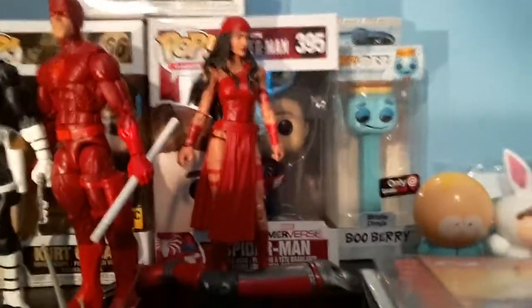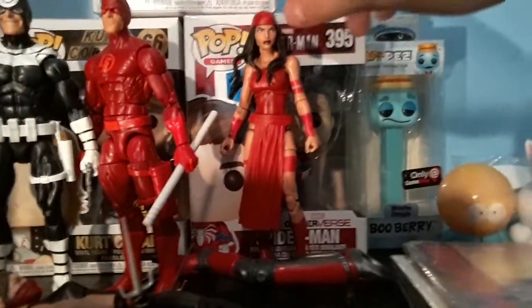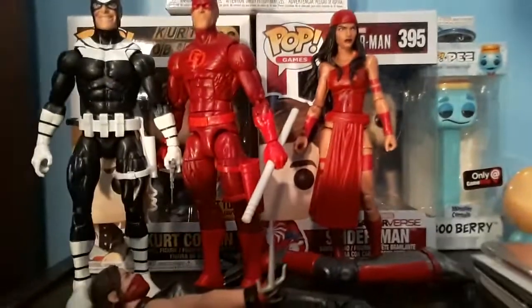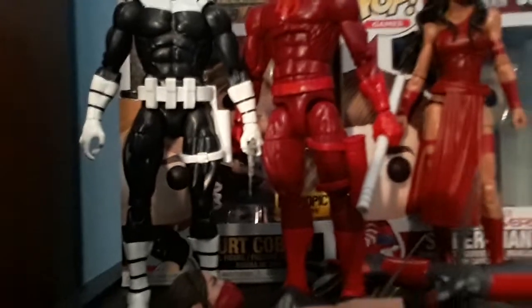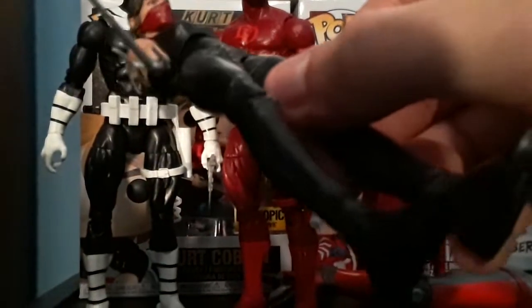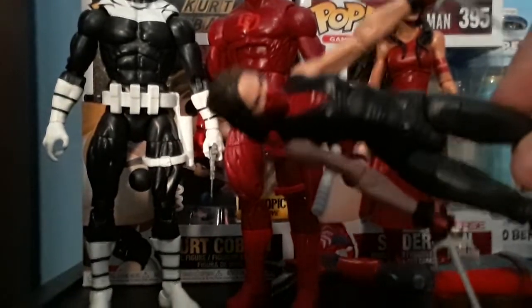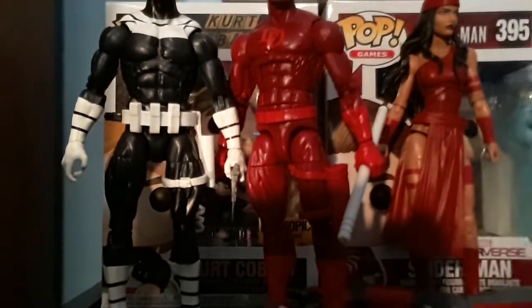And then going down a little bit more, you can see my Marvel Legends Elektra from the SP//DR wave. And then going over a little more, you can see the Bullseye and Daredevil from the Man-Thing wave, and he's from the Ultimate Hobgoblin. And then right here, I don't know if you guys can see that or not, because I'm kind of a garbage YouTuber, is the Elektra from...